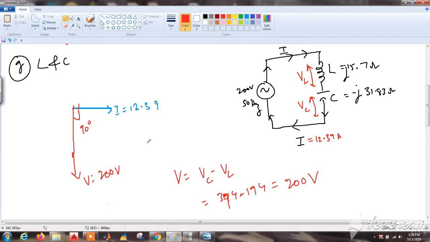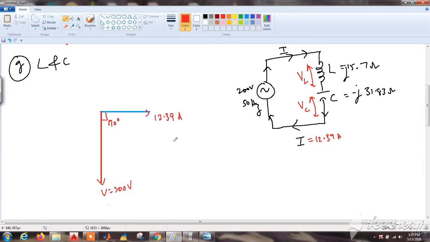So you can draw it like this also, or let me use straight lines. So this is the overall phasor diagram of an LC network. And please remember, if XL was dominating, suppose XL was more than XC, this will be the opposite case, the voltage will be leading the current by 90 degrees.